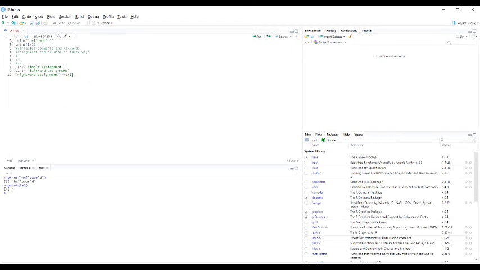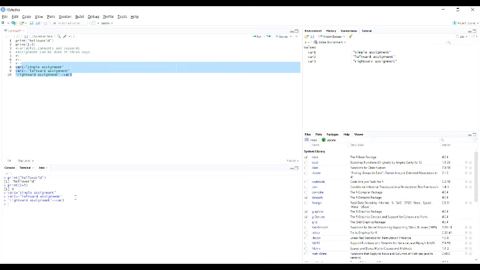Here you have to remember, when we are doing simple assignment, we give the variable name and then what we want to assign to that variable. For leftward assignment also, we give the variable name first, then less than dash, and then what we want to assign. But for the third type, please remember that first we give what we are going to assign, and then the variable name. Let me run these 3 lines. See here, you are able to see it.